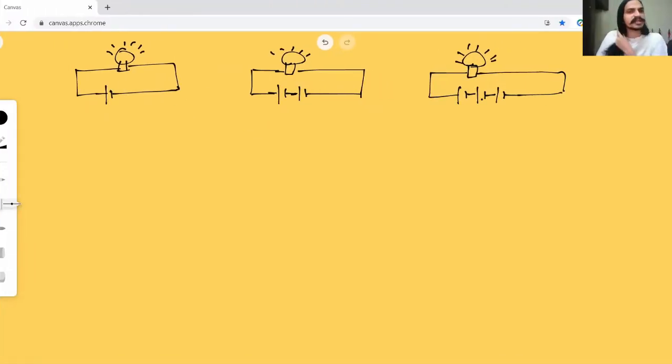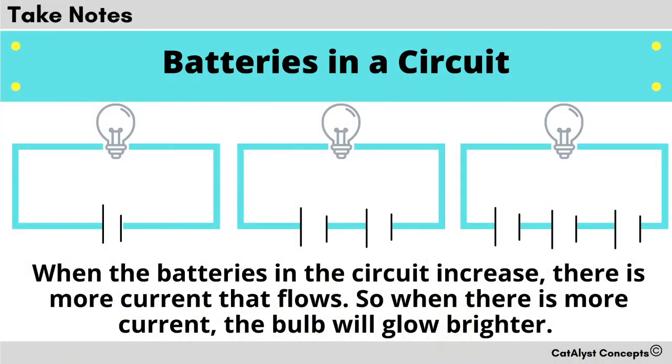It's a little thing that we know. When we add more batteries, there is more electricity available. That's the reason to add more batteries. If you have a big thing that works, it will need more batteries. If you have a smaller object, it just works on maybe one or two batteries. So if we talk about the bulb, we'll see that the bulb glows the brightest when there are more batteries involved in the circuit. So we can definitely say that there is some sort of connection going on over here.